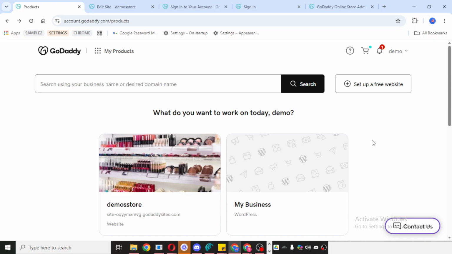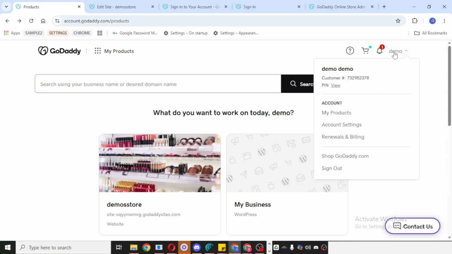To get started, open your GoDaddy account and sign in. Make sure you're using the account that has access to the website you want to manage. Once you're logged in, look for your profile area. This is typically where your account options and settings are organized. So it's the right place to begin when you want to manage anything connected to your products.